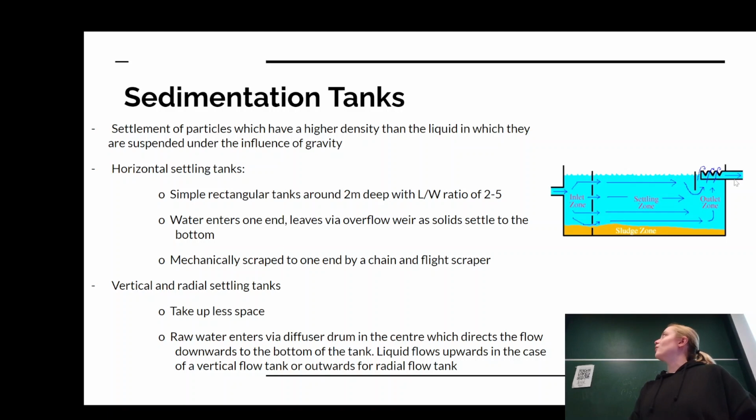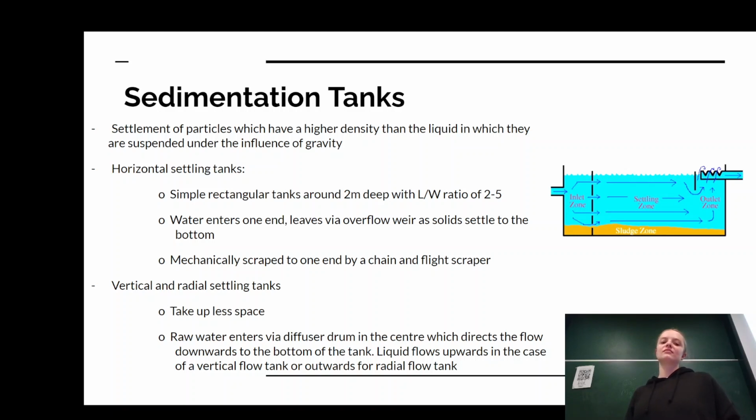So this is that overflow weir right here. And then down the bottom, all this sludge you see is mechanically scraped, usually by a chain. Okay. The other type is vertical and radial, but I don't have an image for it. They usually take up less space, so it's good for wastewater treatment plants in areas where land is expensive, so